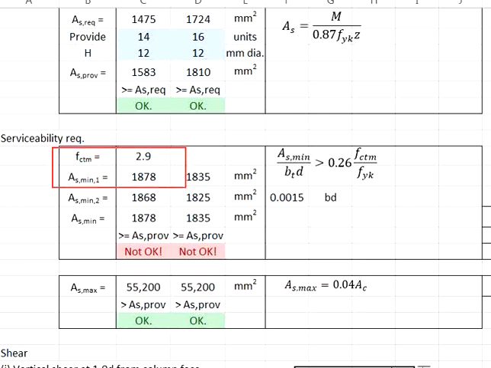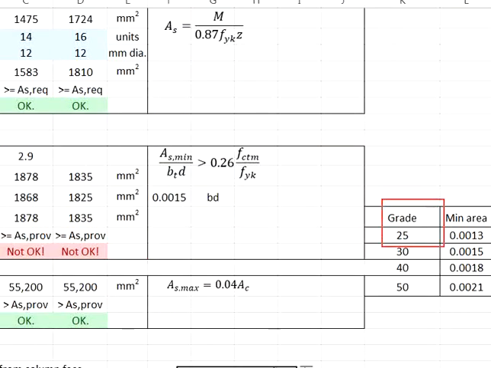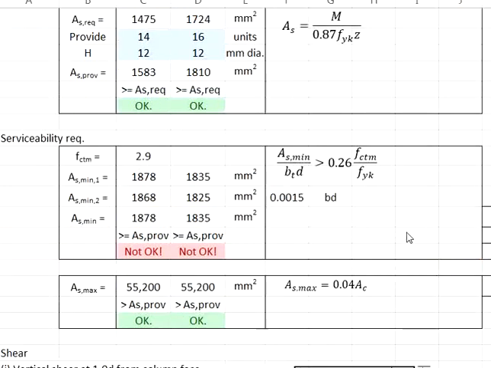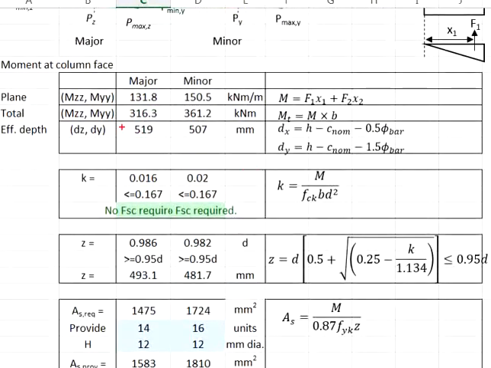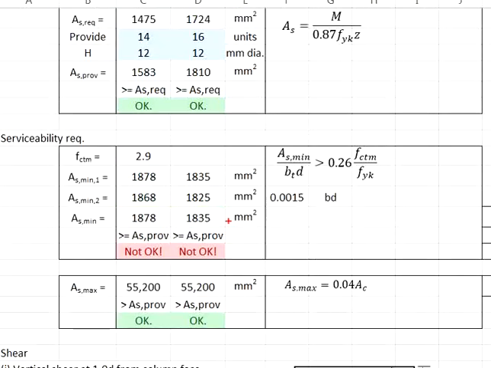Next, we will look into the As minimum. The purpose of the As minimum is to control cracking. There are two ways to determine the As minimum. One is through the formula given in Eurocode. Another one is determined by a factor based on the concrete grade. We are using grade 30 concrete, therefore we are talking about 0.0015 times bd. b is equal to 2.4 meter. The d we have calculated earlier on. You get the As min,